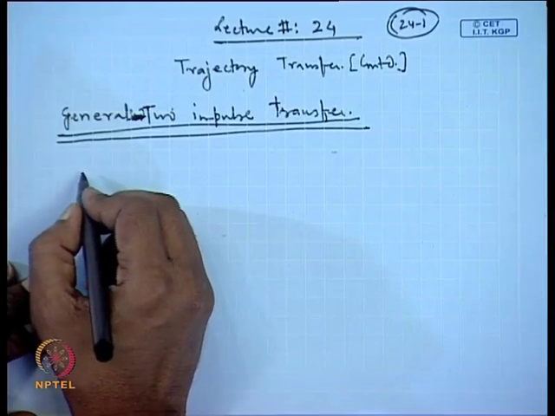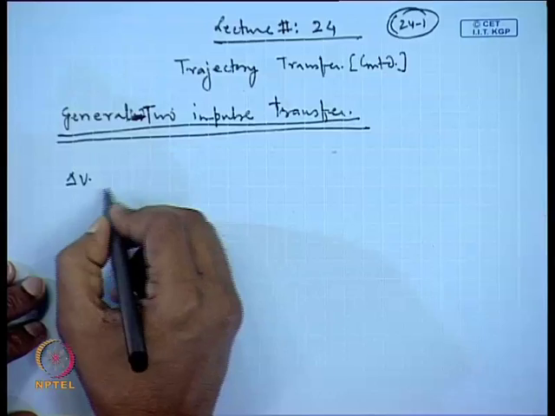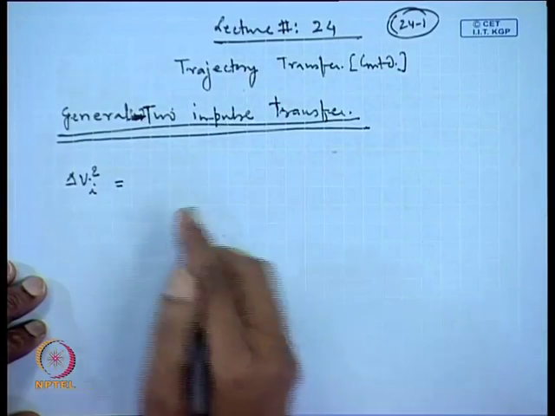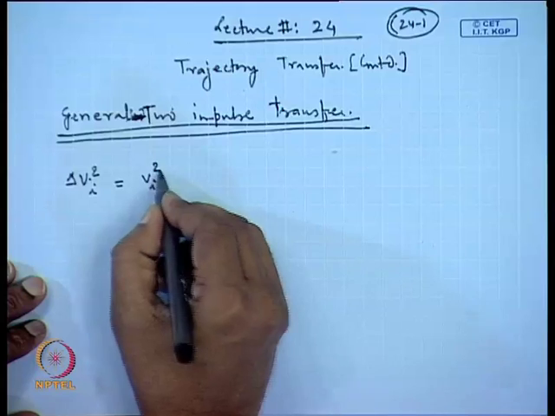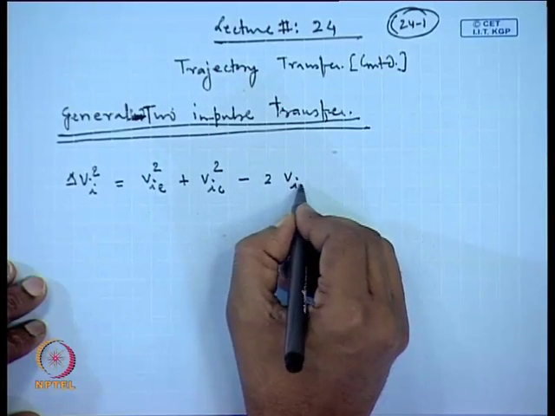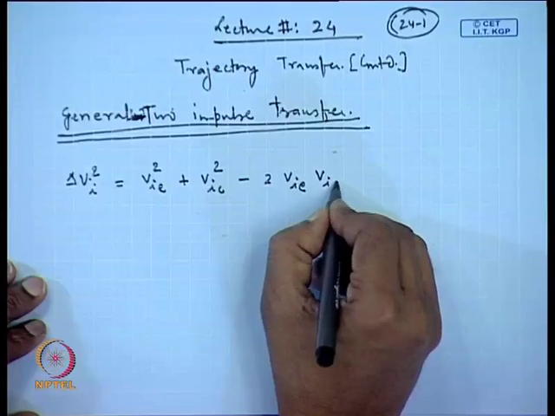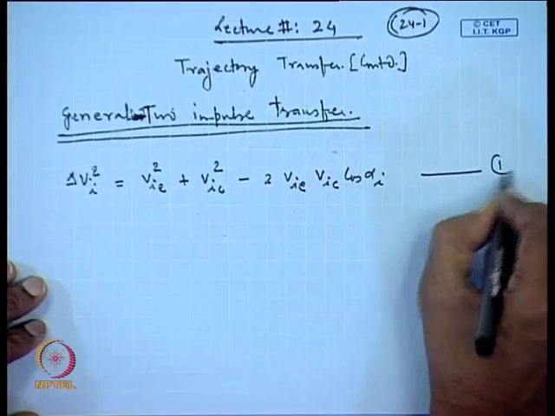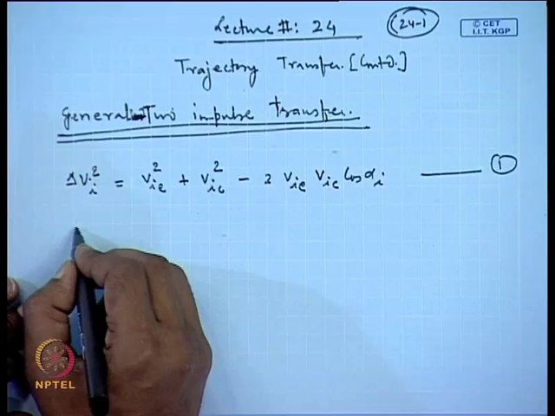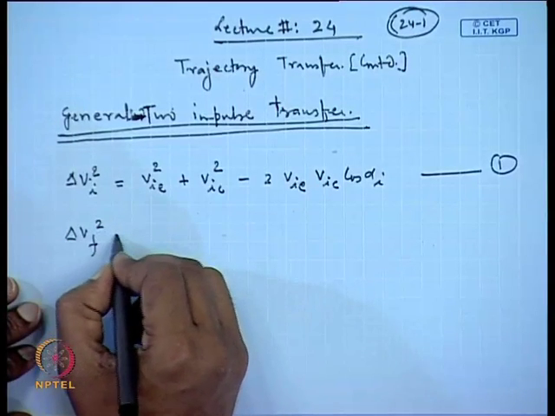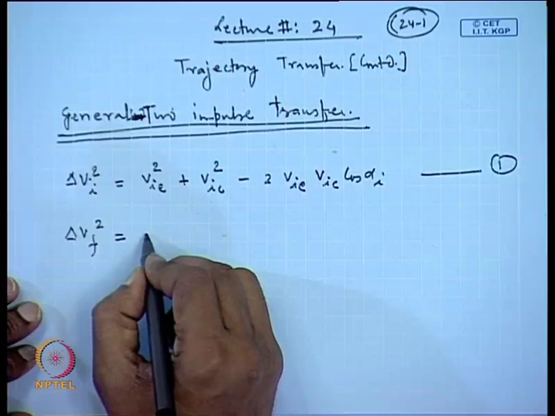So, what we have got, delta V_I squared is equal to V_I squared plus V_Ic squared minus 2 V_Ie times V_Ic cos alpha_I. This is equation 1, and equation 2 is delta V_f squared, which is equal to